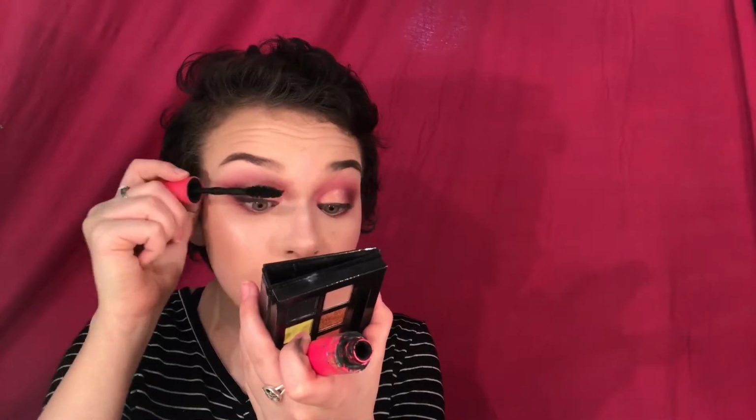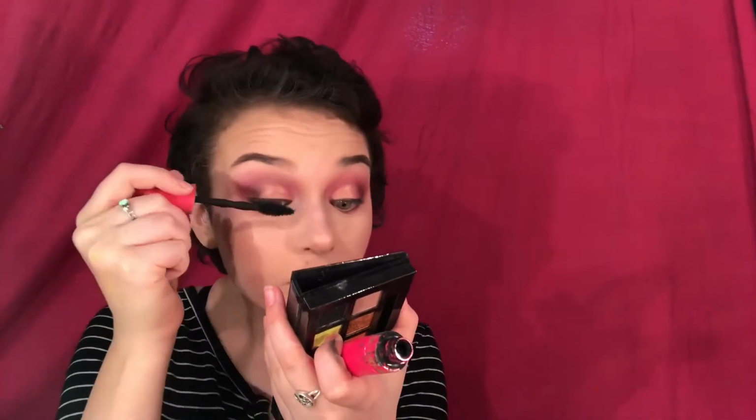So we're just gonna slap some mascara on the top lashes. I have a lip, so I'm going to be doing the Hard Candy Whatever and Ambitious. So I'm going to go in with the Hard Candy Whatever Devious. And I'm going to do a review of these two. I only have two of them, but they perform the same, so...